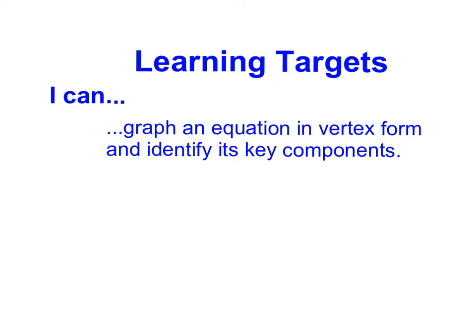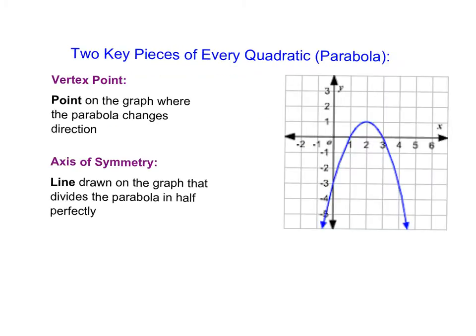In this video, we're going to graph an equation written in vertex form and then identify its key components. So when looking at a quadratic, there are two key components that every quadratic or parabola graph is going to have. One of them is called the vertex point, and that is the point on the graph where the parabola